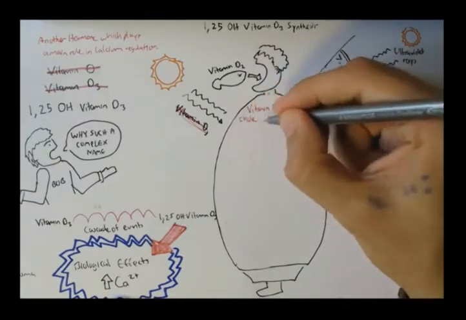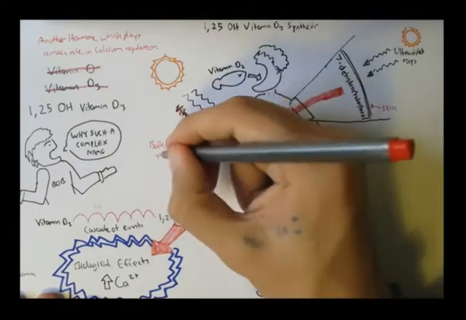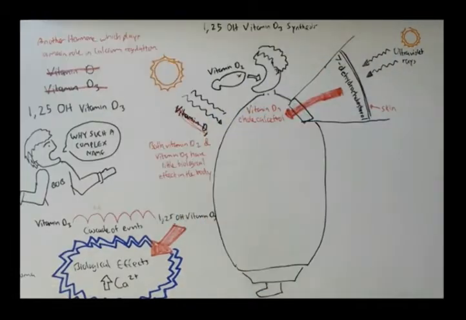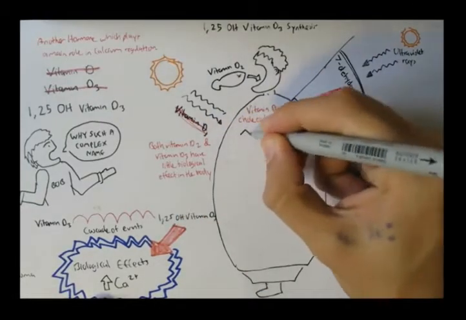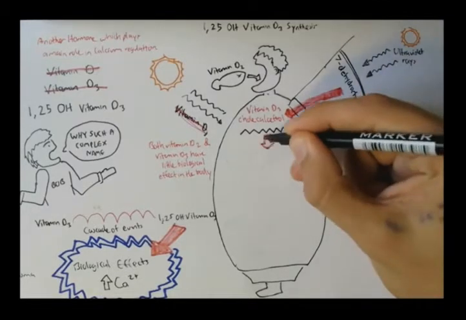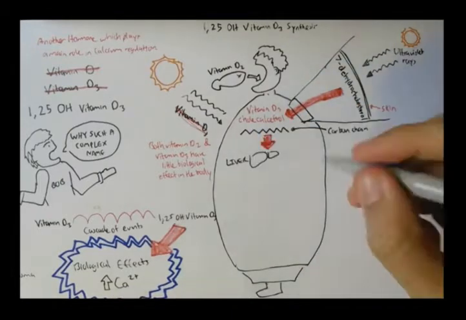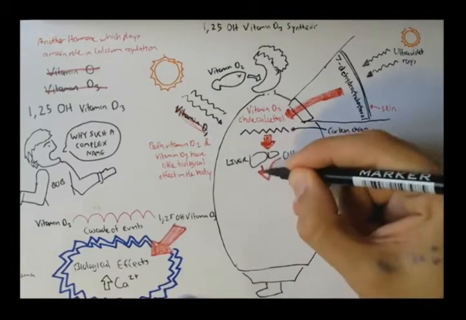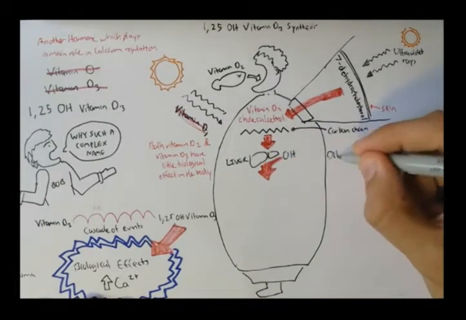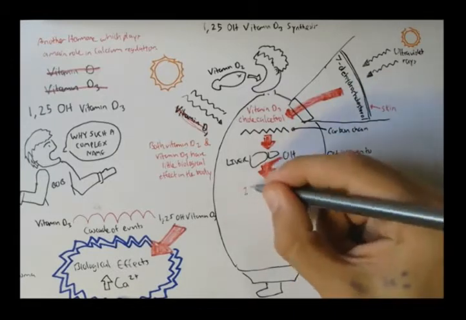Now both vitamin D2 and vitamin D3 have little biological effects in the body. Now we will look at the modification of vitamin D3, also known as cholecalciferol, and how it turns into 1,25-hydroxyl vitamin D3. Cholecalciferol has many carbon chains. The first change that happens occurs in the liver, with the addition of a hydroxyl to carbon number 25 by a special enzyme within the liver. So now it's called 25